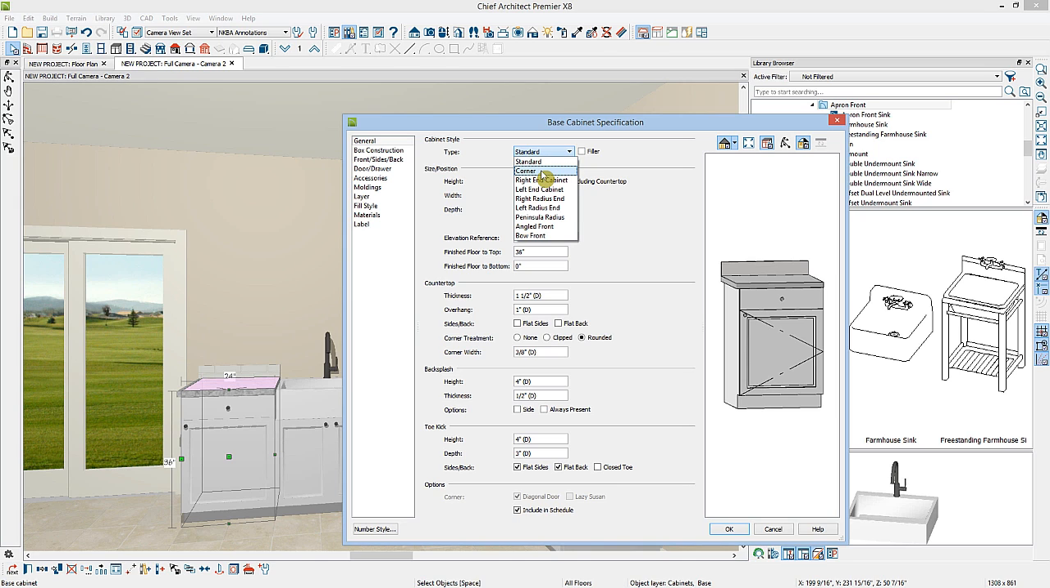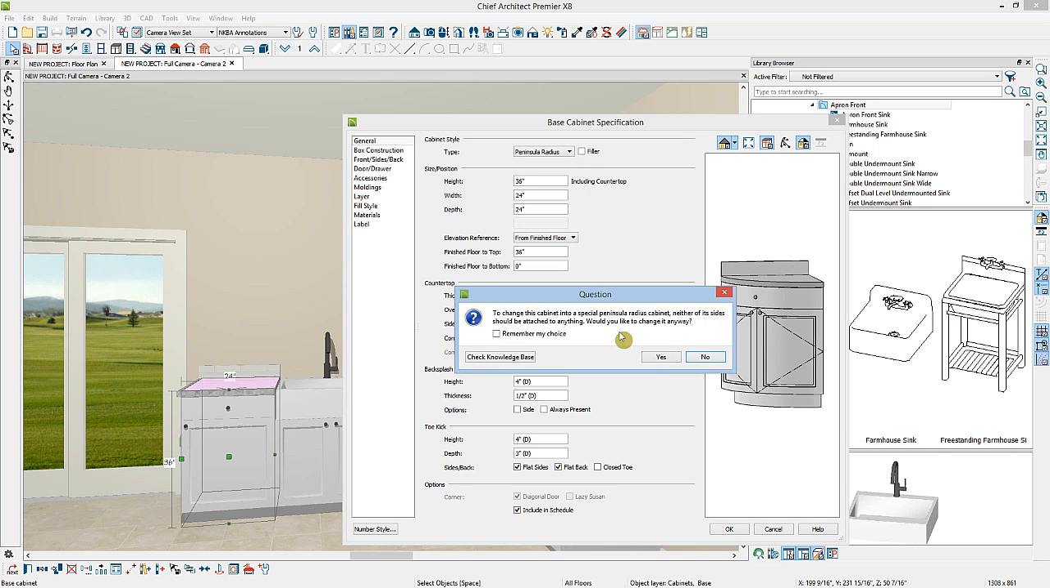If you want to create a corner cabinet but you're not placing it into the corner of a room, you have the option here in your specification dialog. You also have the options for right end cabinet, left end cabinet. The left end cabinet will have an angled front and an angled side that angle back towards the wall. You also have options for right end radius or left end radius, which will curve the cabinet back towards the wall, or a peninsula radius,